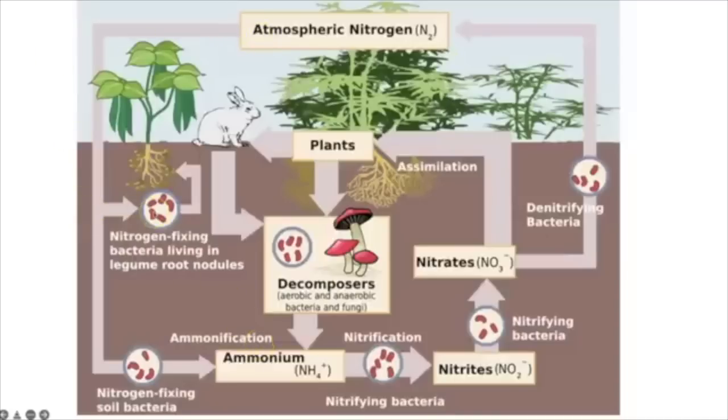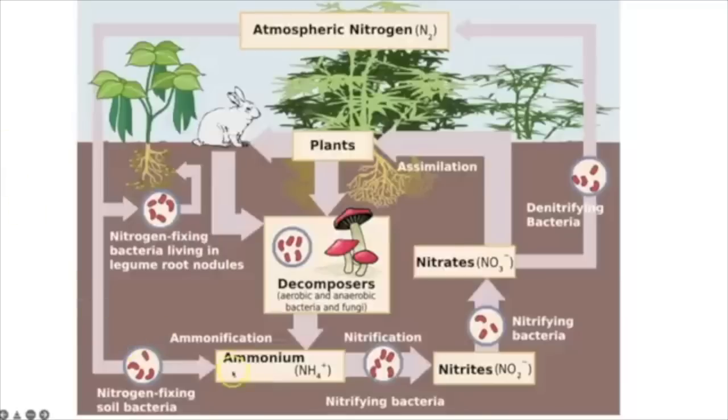And that will either be done directly by nitrogen fixing bacteria in the root nodules of leguminous plants, which are types of plants like clover and beans, which have these lumps or nodules on their roots that contain bacteria. So for them, the bacteria will directly convert the nitrogen in the atmosphere into ammonium into their roots. Plants that don't have those root nodules, there is free living nitrogen fixing bacteria within the soil, which can also